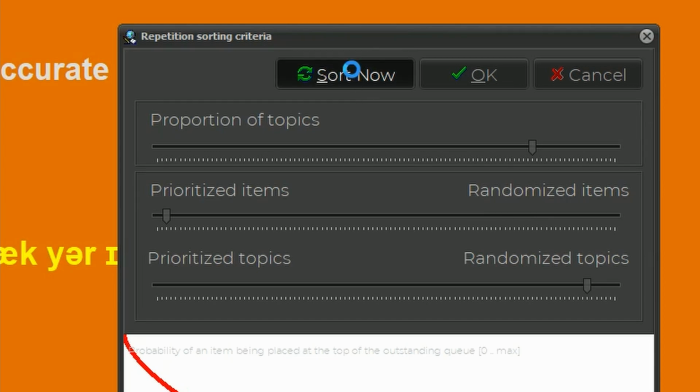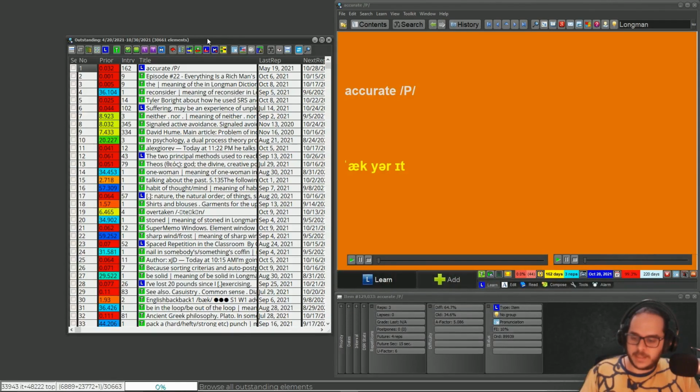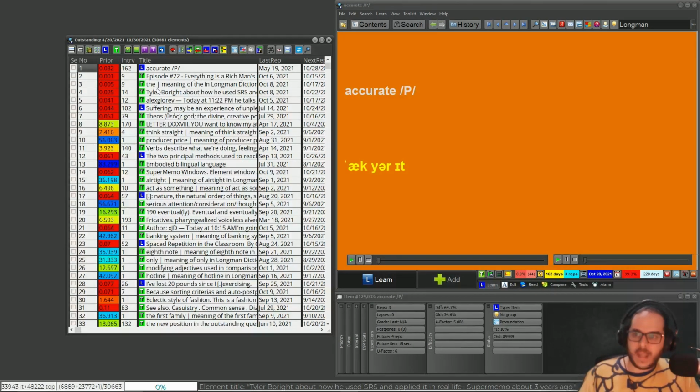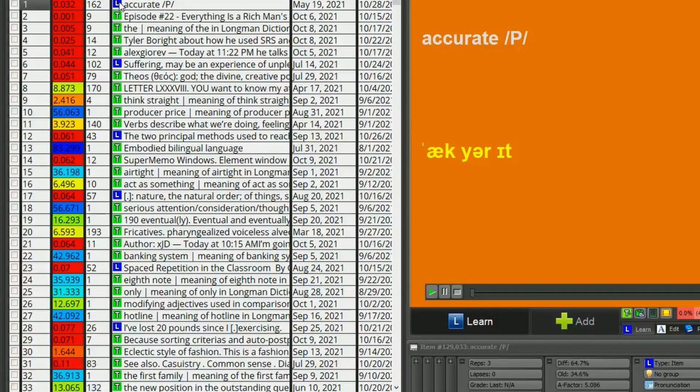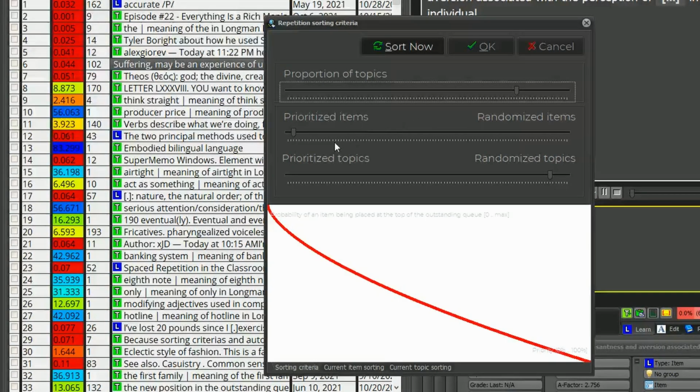So let's sort this. Now if I go to outstanding, Control S, nice. So now I get one item for every 4 topics. Item, 4 or 5 topics, item, and so on, right? Good. So I can stretch how many topics I want for each item. So let's say you only want 2 topics to interleave with each item, you will go to sorting criteria and decrease